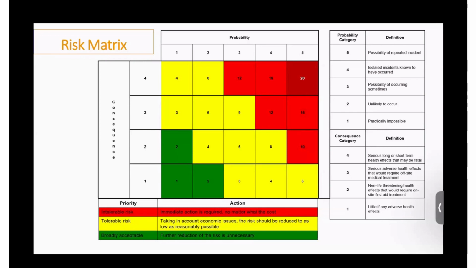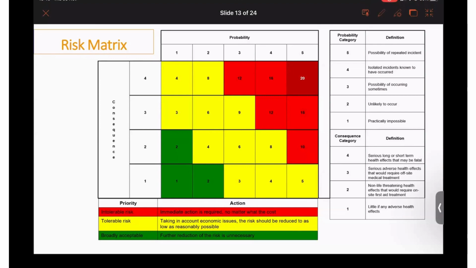When the consequence is very minimal, like little, if any, adverse effect could happen, we usually score it 1. When non-life-threatening health effects that would require on-site first aid happen, we score it 2. And when serious adverse health effects happen, we will score it 3. And normally this will require off-site medical treatment. And lastly, if we have serious long-term or even